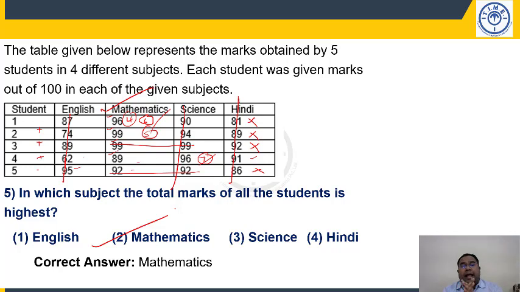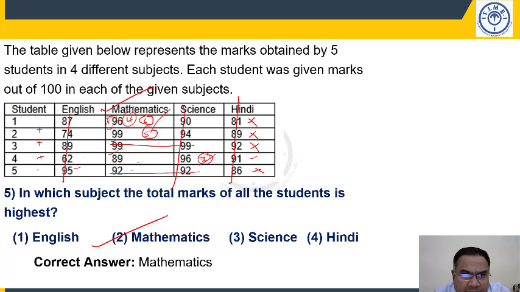No need to actually add. The time you have taken to add, I have compared and eliminated, right? English is clearly less than maths. Similarly, marks obtained in Hindi are clearly less than mathematics. When you compare maths and science, two subjects are equal. In the remaining three subjects, it is 11 more in the first two subjects, and in the third subject it is 7 more. 11 minus 7, still mathematics will be 4 more. So I can say the answer should be maths. Right?